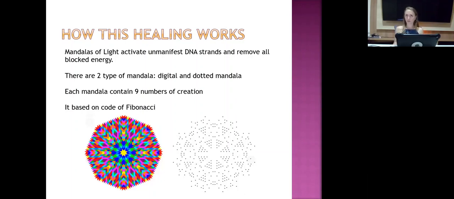You can see these colorful pictures on your screen. The mandala has, for example, an intention. For example, you have an intention of abundance. Abundance is a word, it has an alphabet. You create the code based on the word, based on the sentence. This word abundance has a specific vibration. You calculate the code associated with this vibration, and you create a mandala based on this.